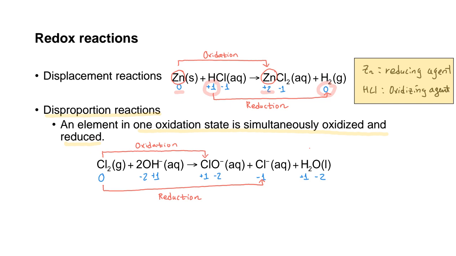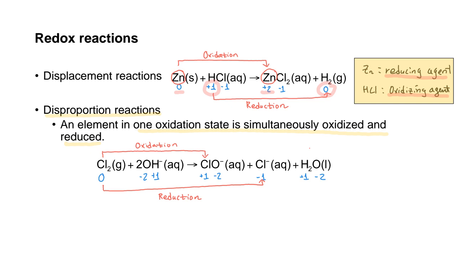Therefore, we can say that zinc acted as a reducing agent, and hydrochloric acid acted as an oxidizing agent. So the last chemical reaction that I want to show to you is the disproportionation reaction. The meaning is that an element in one oxidation state is simultaneously oxidized and reduced. This particular chemical reaction is very useful because it can be used as